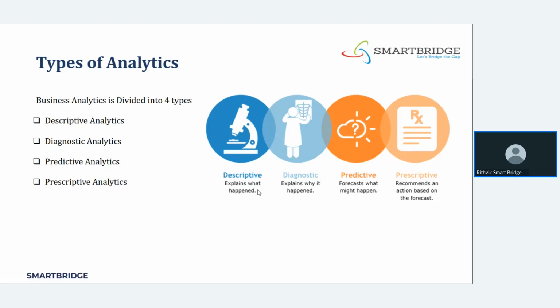It means what students have performed in the past, that we are going to understand in descriptive analysis. What have the 10th class students of A section done? They have scored 10 points. Most of the 50% of the students have scored 10 points. How are we going to find that? By performing descriptive analysis.